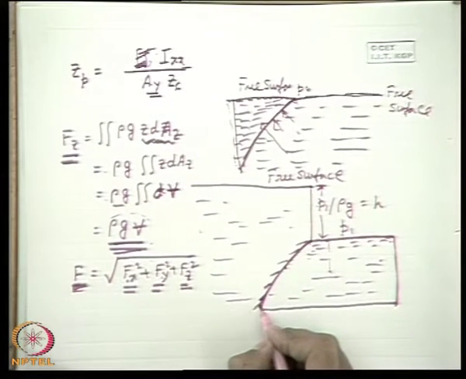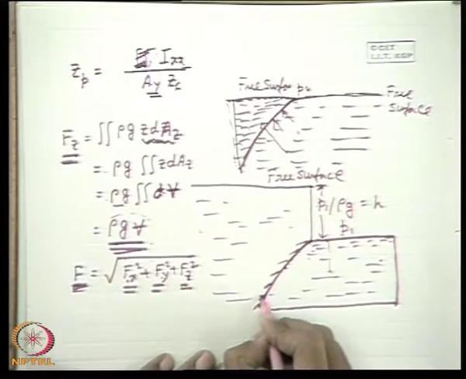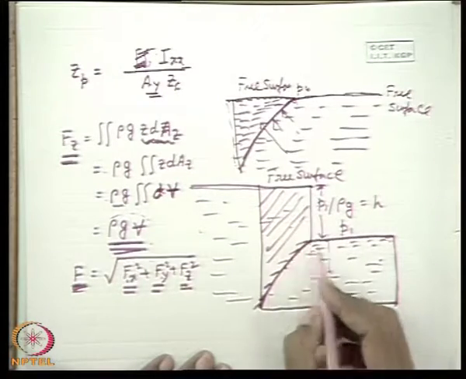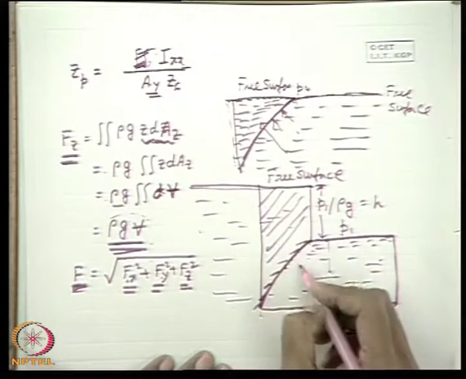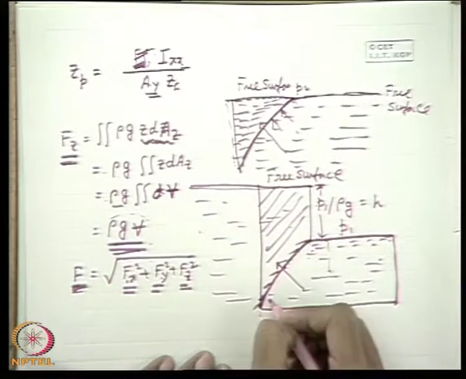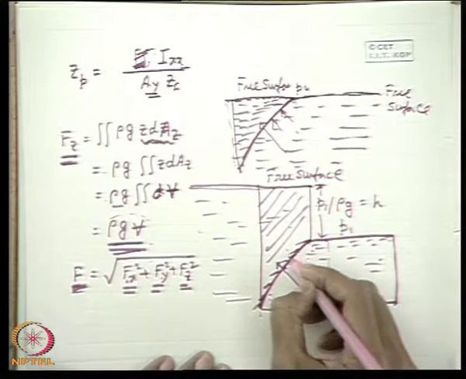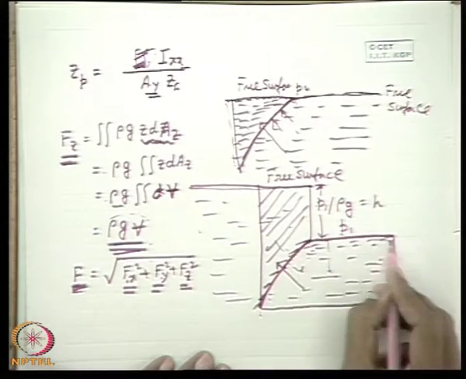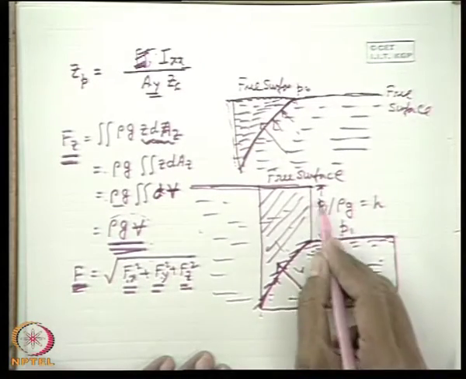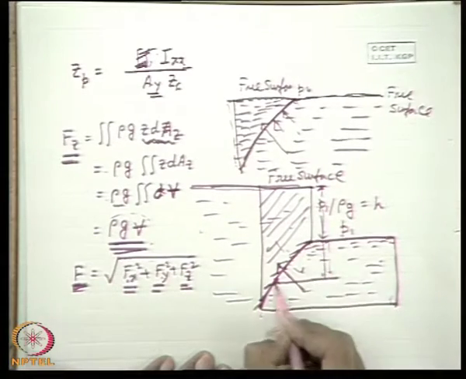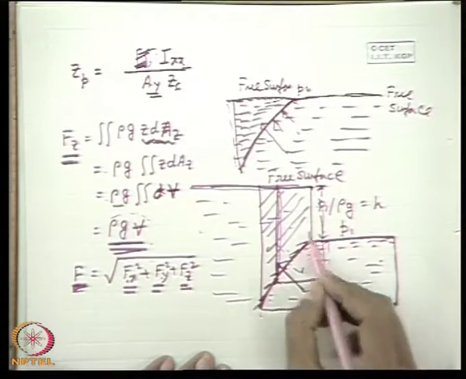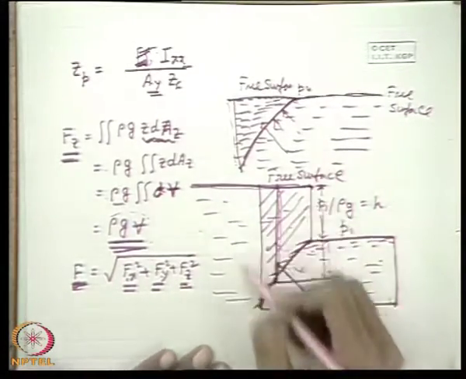Then what is the vertical component of the hydrostatic pressure force? It is the weight of this volume of liquid. That means we can create a free surface and consider the surface as if it is submerged below it. The only thing is that the direction will be like this. If this is a free surface and it is submerged, the force on this side will be in this direction. Here, because of the pressurized chamber, it will be in this direction, because the pressure here will be this pressure plus this height, which is the same as this vertical height. To extrapolate from the pressure to a free surface, this is known as the imaginary free surface